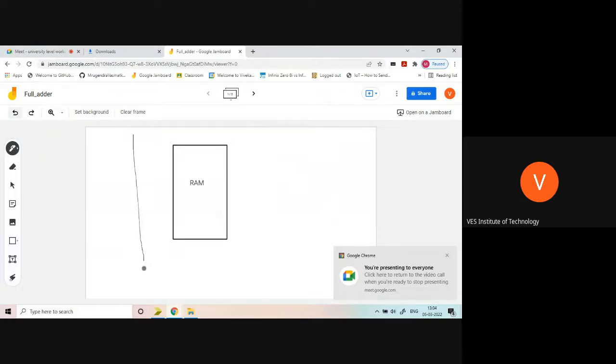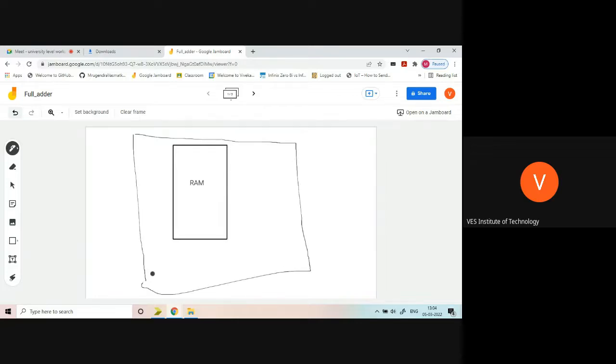So the thing is like this. So something like this is there. It is having some ports and we have to connect these ports outside. So these are the ports of the RAM and these are the inputs of the RAM. So I will create one wrapper. What I will do is I will not directly connect this output port of the RAM to the output.